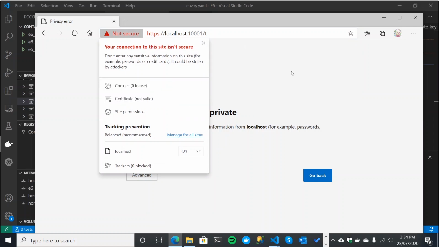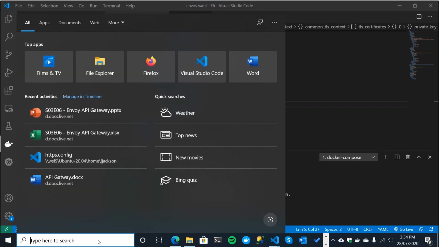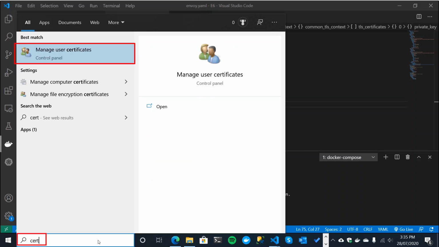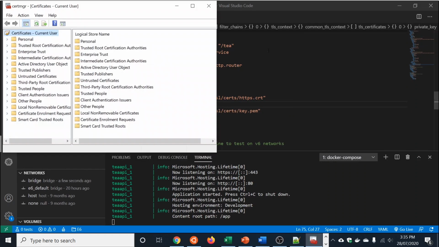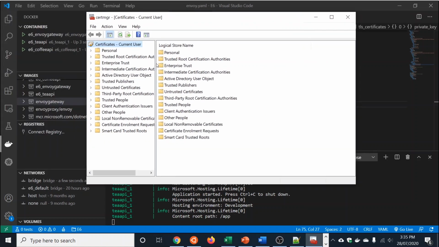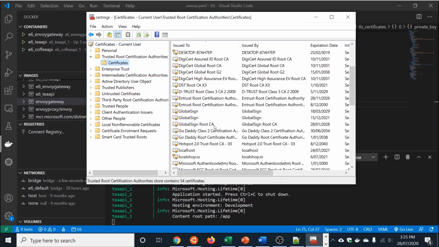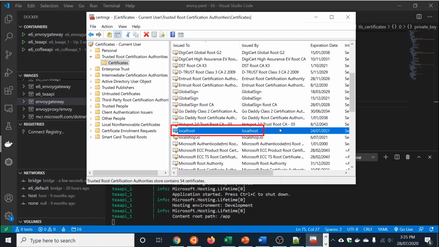Now, the reason for that is that we haven't done one final thing, and you might be going, what haven't we done? What we haven't done is add our new certificate to our trusted roots in Windows in this instance. So back into Cert Manager, and I know you'll probably still have questions, but let me just do this first. So over here, in Trusted Root Certification Authorities, we come down here, you'll go, well, hang on, we already have a localhost certificate.